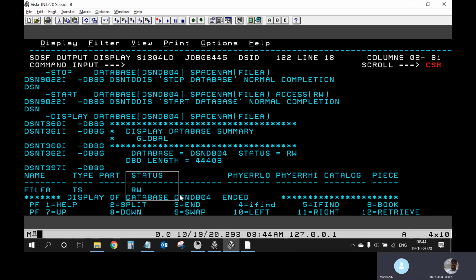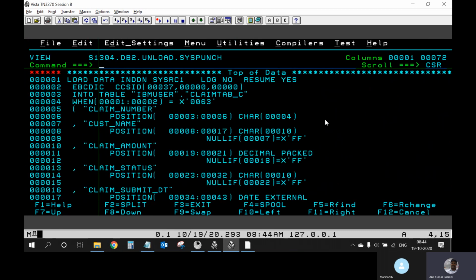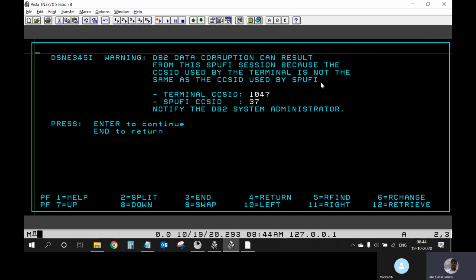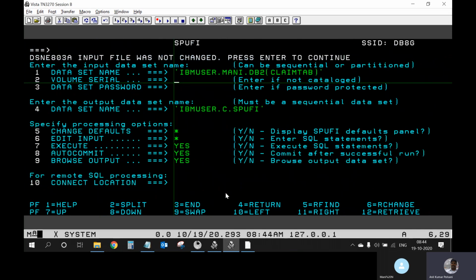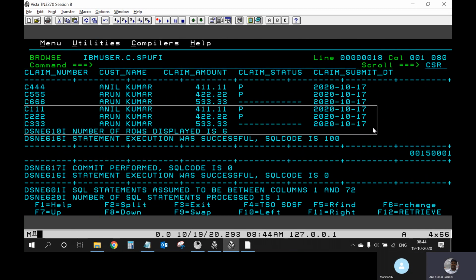Now when I show you the punch file again, what we did here is a resume option. Resume means adding more records. So when I run this query one more time now, I got another new 3 records from the new load. Earlier we had these 3 records, and now we loaded another 3 more records.